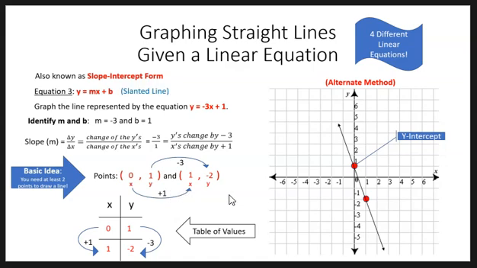The slope of this slanted line means that I can make this little triangle between the 2 points. Starting from the first point, I went down 3, and then from there, I turned to the right 1. I got my second point, and that's my slope. And you can see the slope is going down, which means the line from left to right is going down. That's why the slope is negative. When the slope is positive, the line will be going up. But when the slope is negative, the line is going